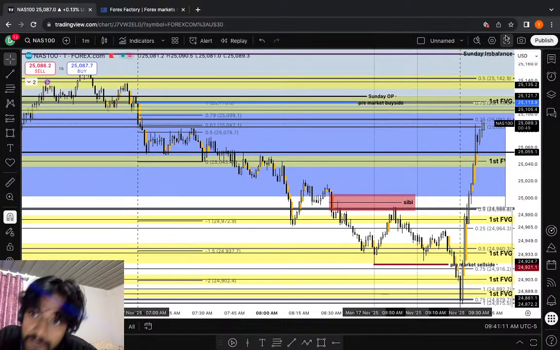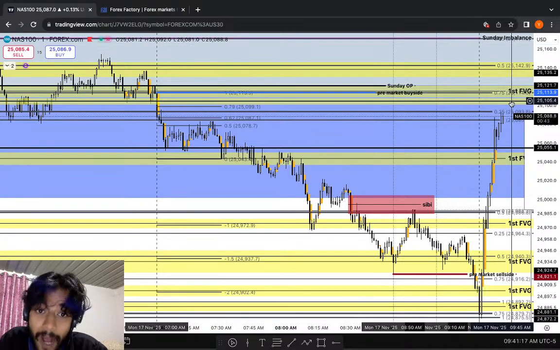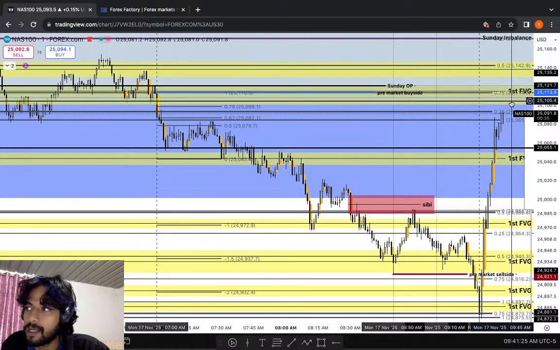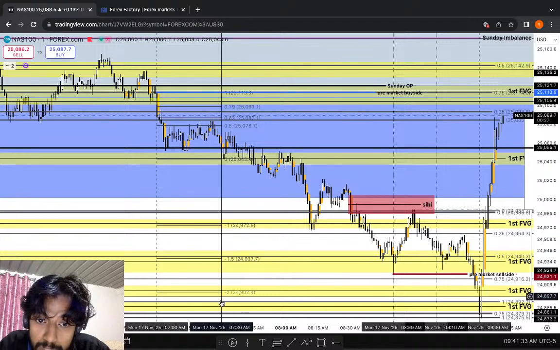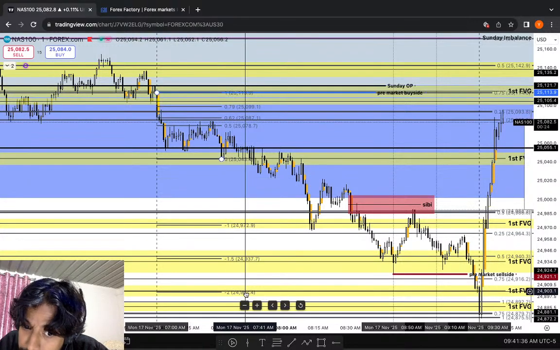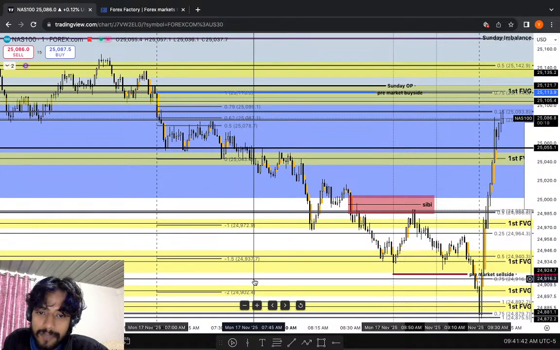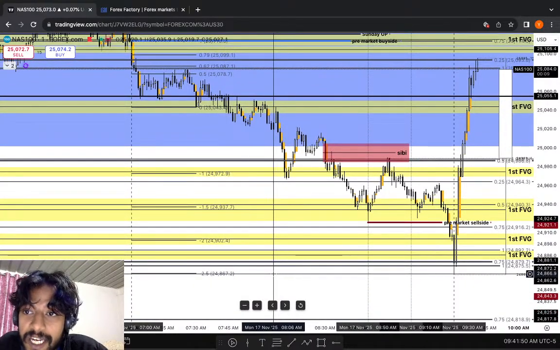Why? What was the reason for this move? Why was I anticipating this kind of move on the upside, and it happened? What's the reason behind it? Tell me, you odd trader, tell me that. It's pretty simple. Simple logic. We were trading below the midnight opening price. We were trading below the Sunday opening price. We came around the 2 standard deviation of this opening range, and 2.52. We touched, that was just 1 tick or so, a 1 and a half point or so difference. Right there, to the tick.